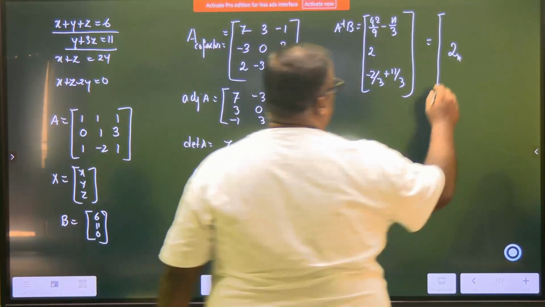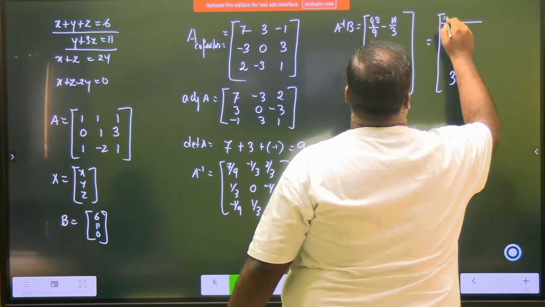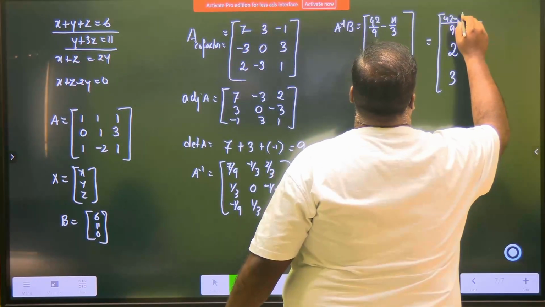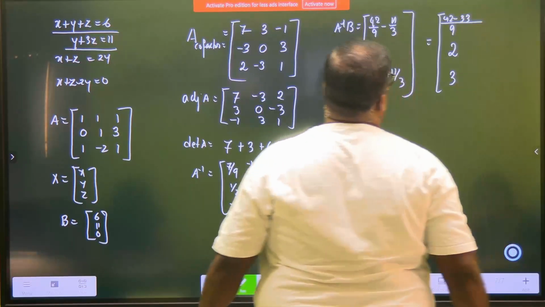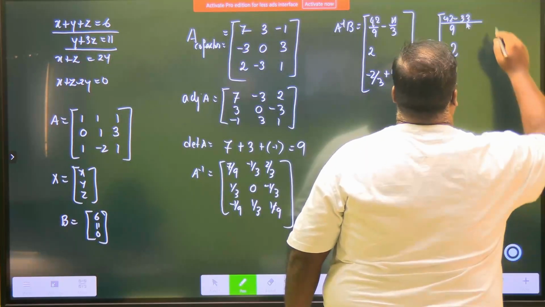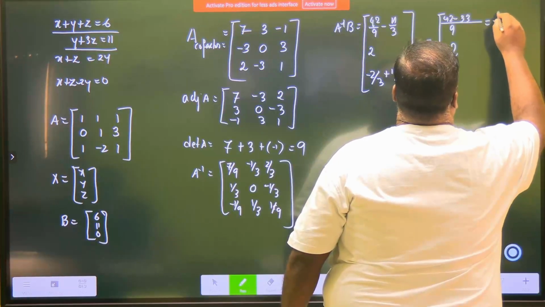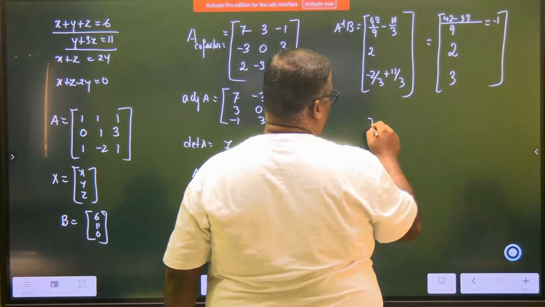9 by 3 is 3. Here LCM will be 9. 42 minus 33. 43 minus 9. So this will be equal to minus 1. So finally your